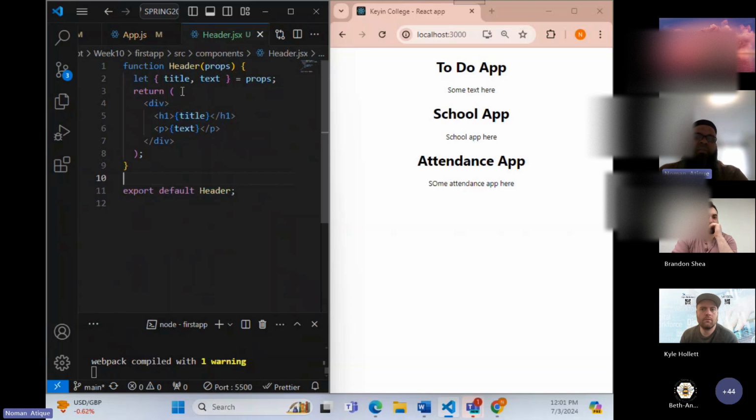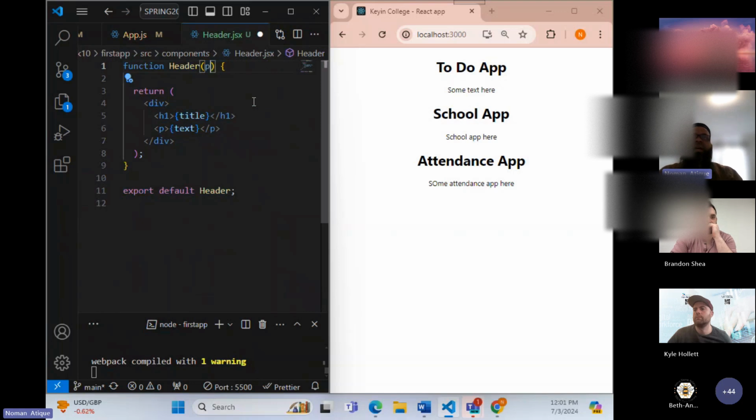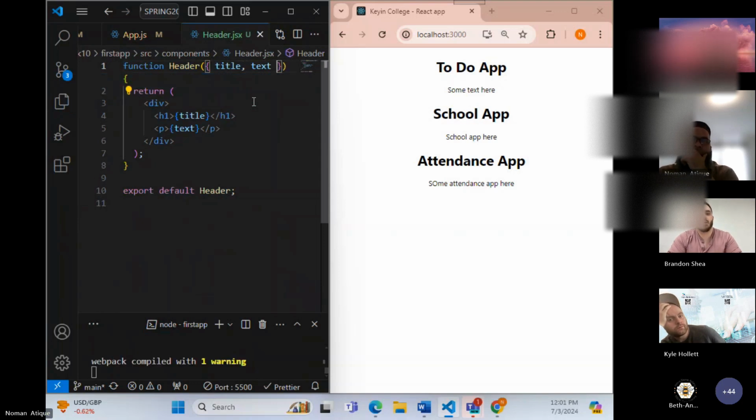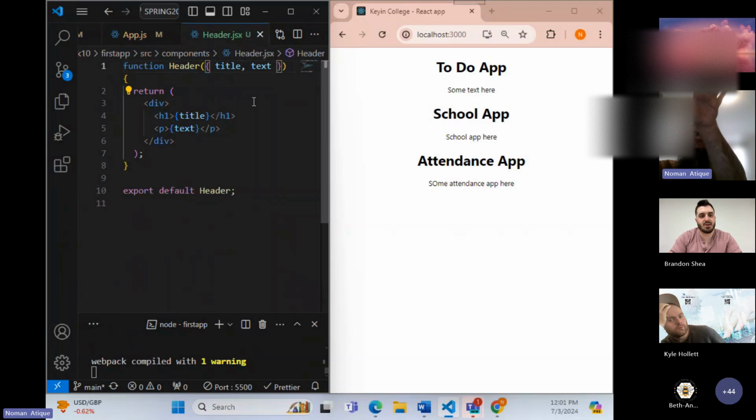Rather than even doing that, there is another shortcut. If I take away this and come here, instead of writing props, if I know the properties that are coming, I can directly write them over here. How many of you guys understood this one? Instead of destructuring them here, we can destructure them in the function parameter area as well. Just destructure directly from there. Brendan, does it make sense? Directly